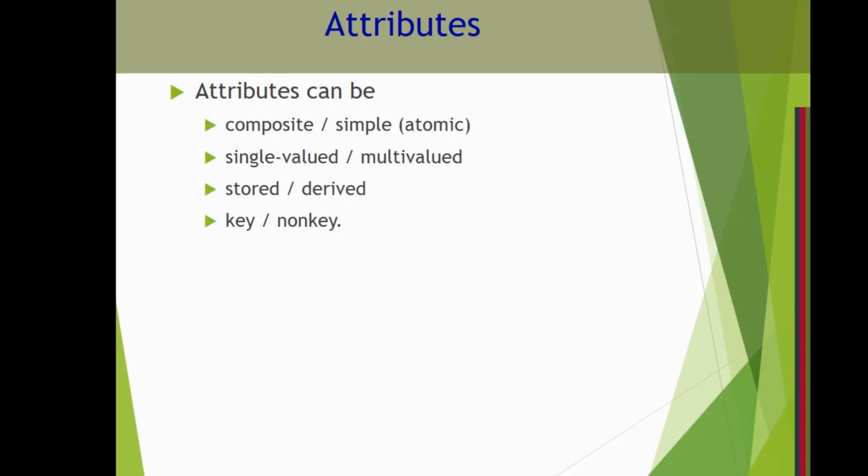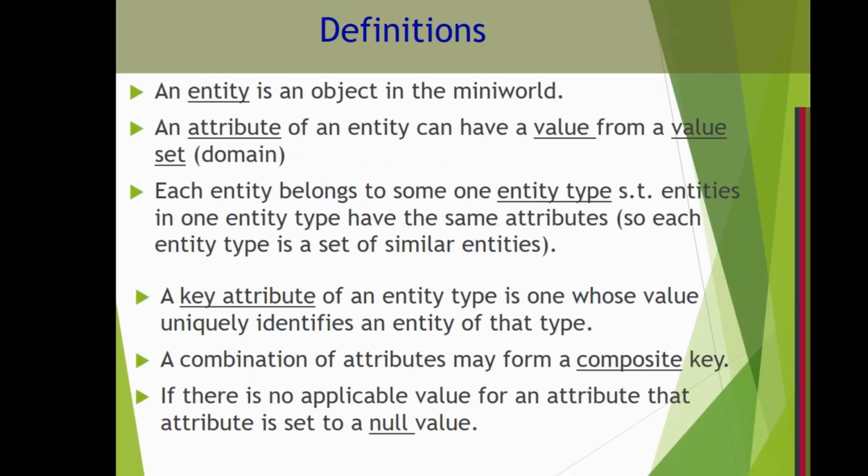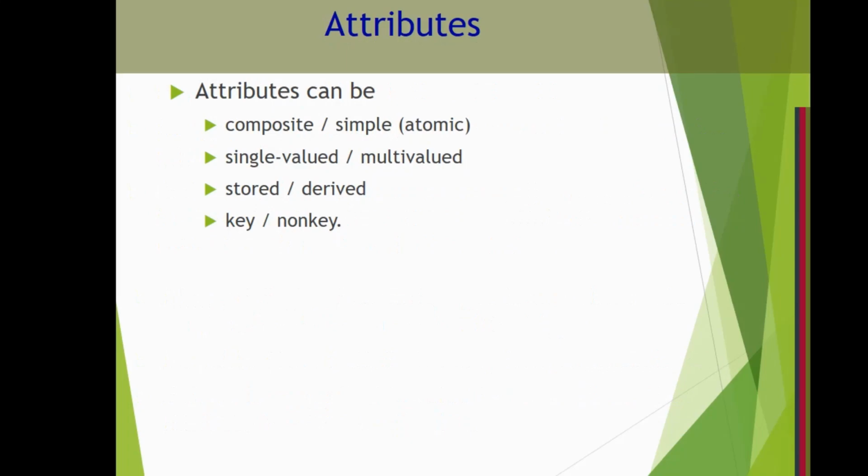Now attributes can be composite, single valued, or simple. Most of the attributes will be simple or atomic. Now come to composite. For example, address. Very good example of composite. Address consists of what? A house number, the lane, the locality. Lane means lane number 1, lane number 2, or road, whatever. Block A, block B, and so on. Lane number, locality. You are studying, living in Indrapuram or maybe Preet Vihar, whatever.